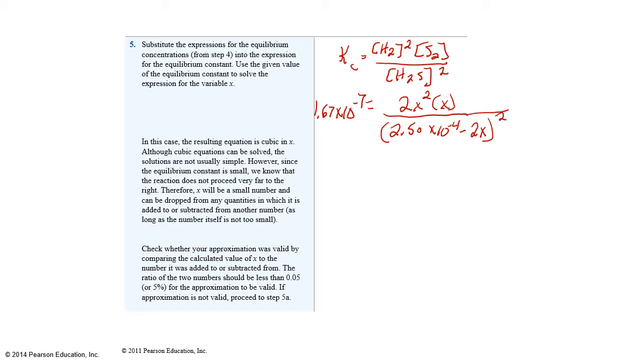We're going to assume that x is small compared to the initial concentration, so we're going to ignore that 2x to simplify our math and solve this problem. So we have 1.67 times 10 to the minus 7th is equal to 4x cubed divided by